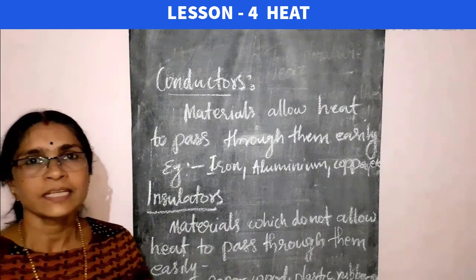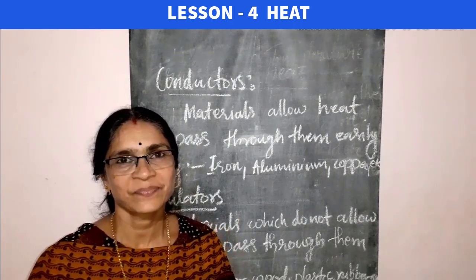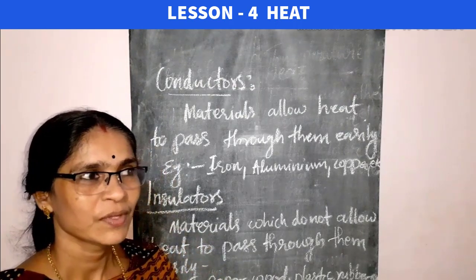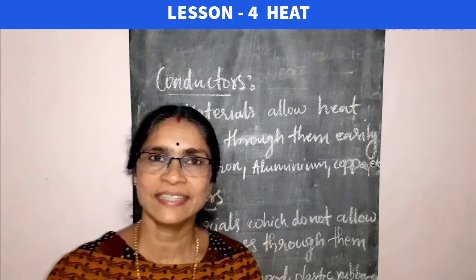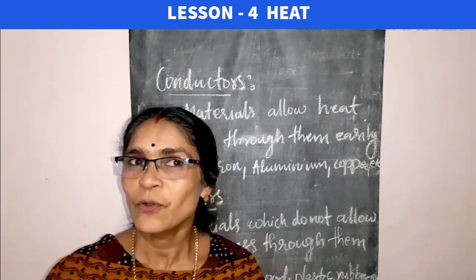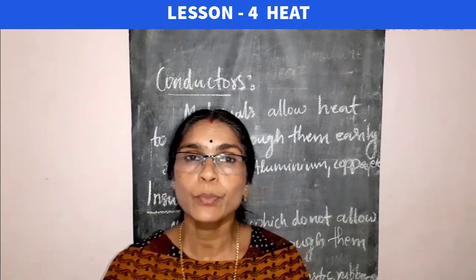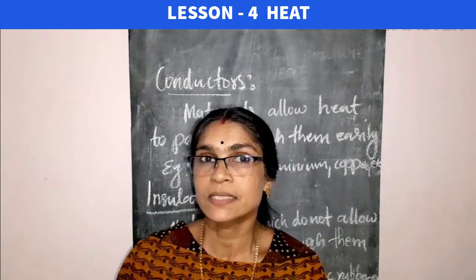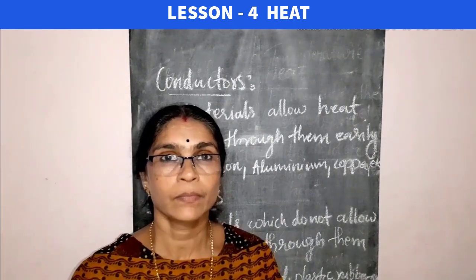Then, how does heat flow through these substances? Let us find out. To know the heat flow through fluids or liquids, we have to do one activity which is given in our textbook. That is 4.8. For that, we have to take a round bottom flask. Now, a round bottom flask is not available with us. So, we have to take one beaker or a tea pan